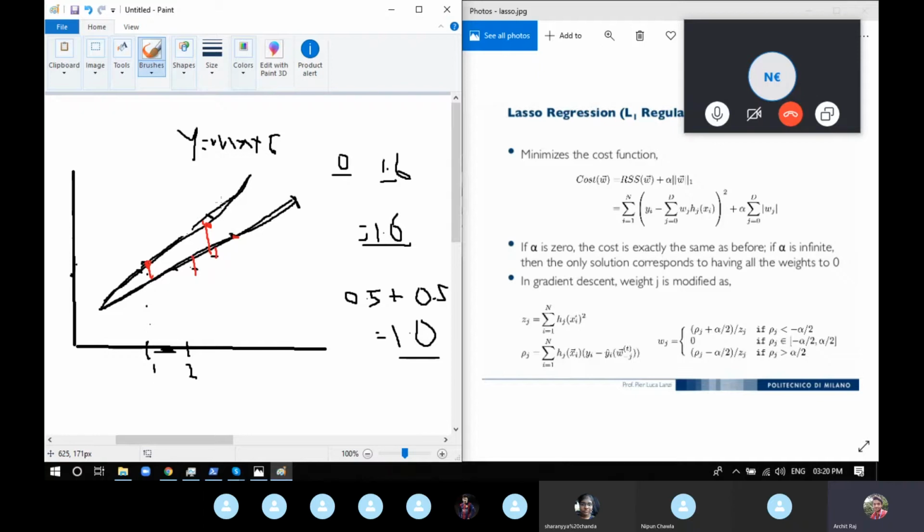Now you can see what exactly happened. For the first line, with the training data, error is completely 0, but for testing data, error is really, really big. The second line has a small error for training data and a small error with testing data. But the answer that we got is totally lower than what you're getting for the best fit line using linear regression. So that's why we go for lasso.